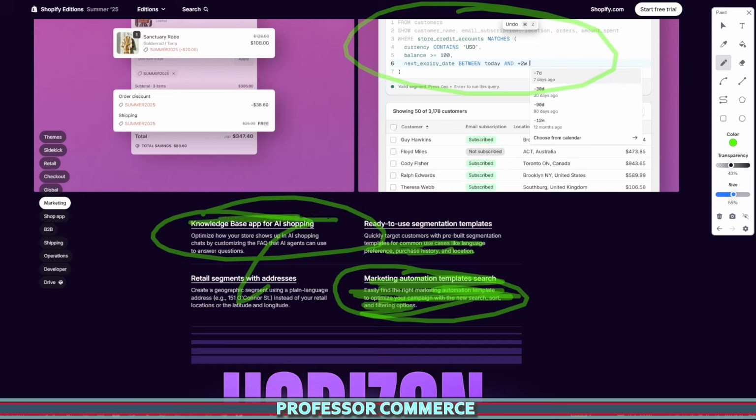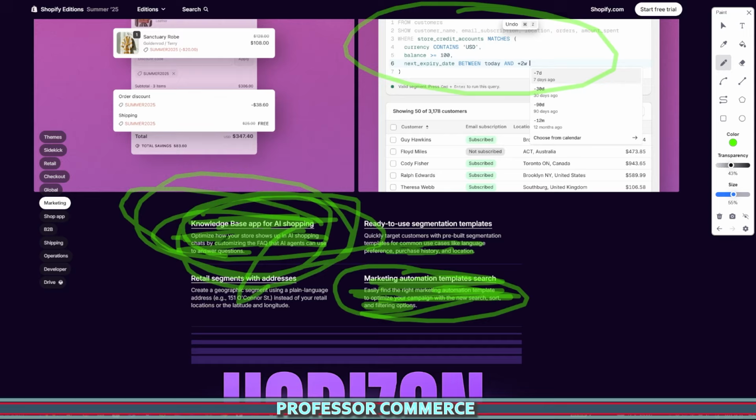It says knowledge base app for AI shopping. Optimize how your store shows up in Shopify chats by customizing the FAQ and AI agents can use to answer specific questions. So this is interesting because it's a new app by Shopify that was just released, and it's called Knowledge Base by Shopify. And it just kind of looks like you go and you answer a lot of questions about your brand, your products, and this tells the AI, because AI is found all over the place on your store, on the shop channel, all over the place, more information about your products,